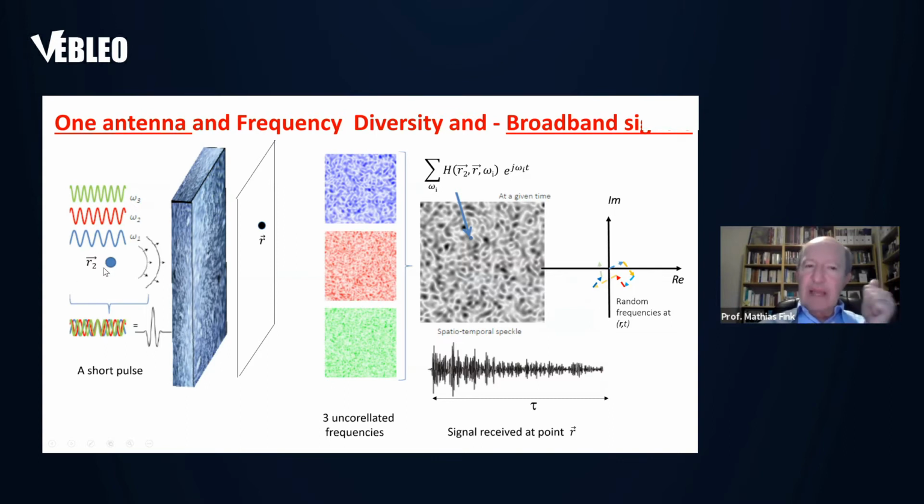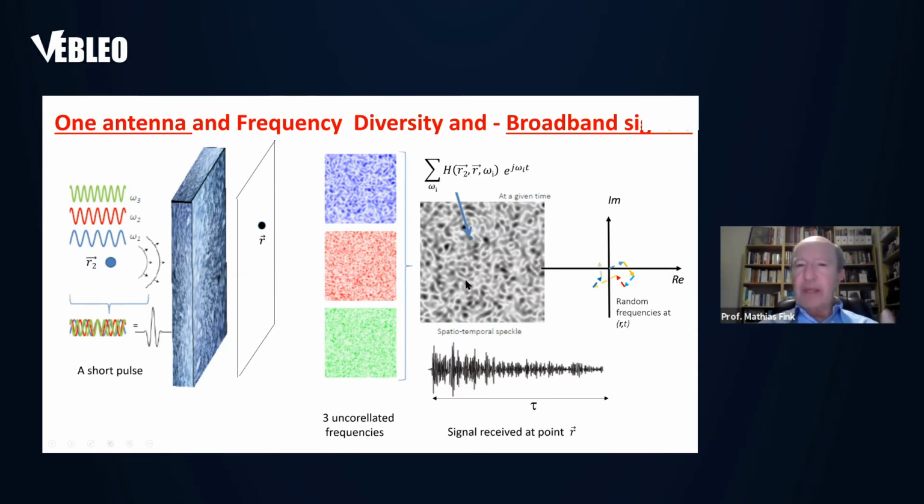This is what you send, and you have only one antenna now. And you look at what you have at point R or on a screen. For color blue, you have a speckled pattern here. For another color, red, if there is a frequency decorrelation between the two, the speckled pattern is completely different. For another color, green, the speckled pattern is different. Each of these figures oscillates, one at frequency omega 1, one at omega 2, one at omega 3. When we add these up, it is the summation of each oscillating at its own frequency.